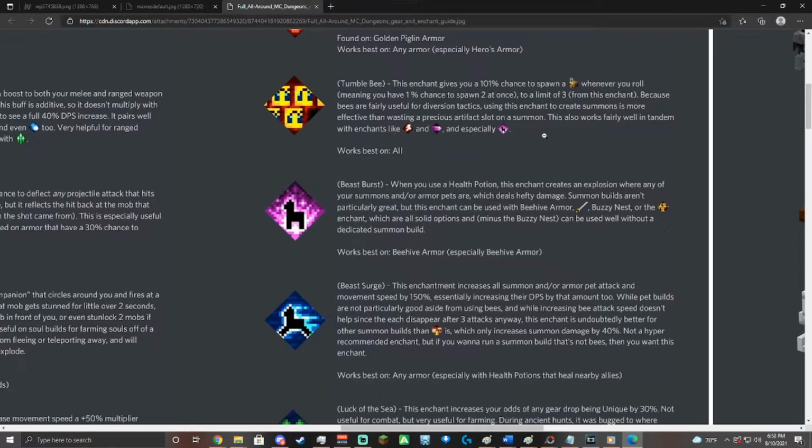Then next we have Tumblebee. This enchant gives you a 101% chance to spawn a bee when you roll. Meaning I think you have a 1% chance to actually spawn 2 at once, but that's never happened to me. But looking at how all other chances that are above 100% work, I think that's how it would. There is a limit of 3 bees though with this enchantment, and also because bees are fairly useful for diversion tactics, using this enchantment to create summons is more effective than wasting a precious artifact slot on a summon,